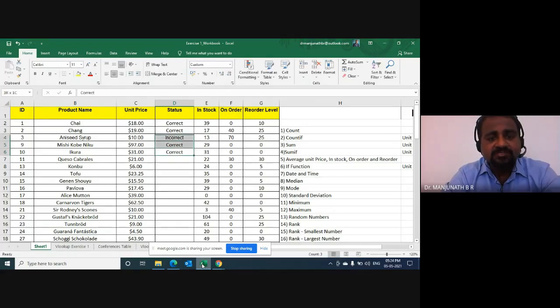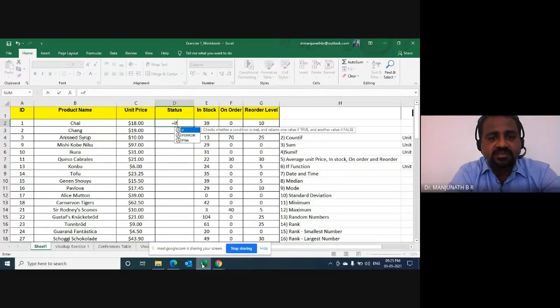Now, instead of typing every cell, we will use a function. Let us go to the first cell under the status and write down together, is equal to IF. And Excel is saying it checks whether a condition is met and returns one value if true and another value if false. What does that mean? I will help you get it done. After IF, open the bracket. Now Excel is saying logical test. What is the target here? The target is the unit price.